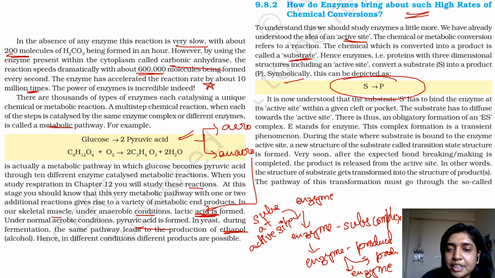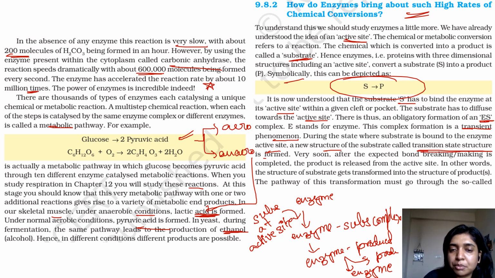So it is now understood that the substrate has to bind to the enzyme at the active site. The substrate has to diffuse towards the active site. Thus, there is an obligatory formation of enzyme substrate complex. This complex formation is a transient phenomenon. That means it happens for a very small amount of time and it is not a permanent structure. During the state where substrate is bound to the enzyme active site, a new structure of the substrate called transition